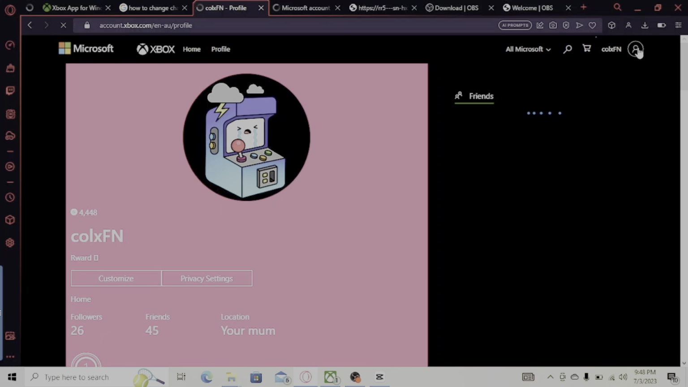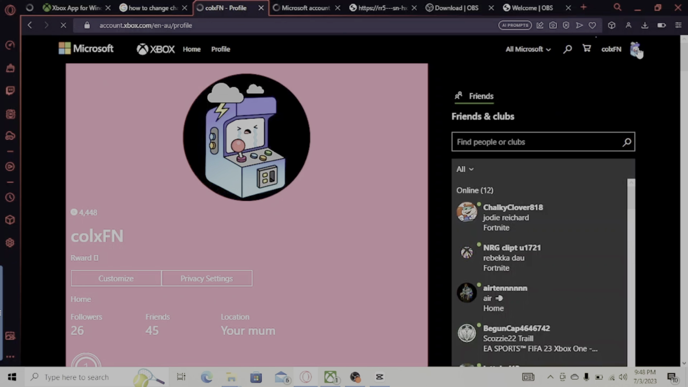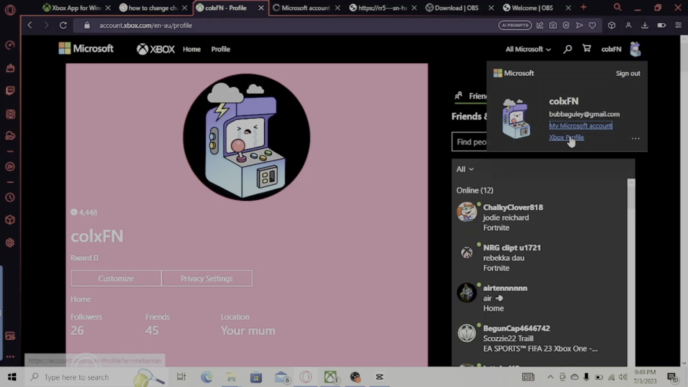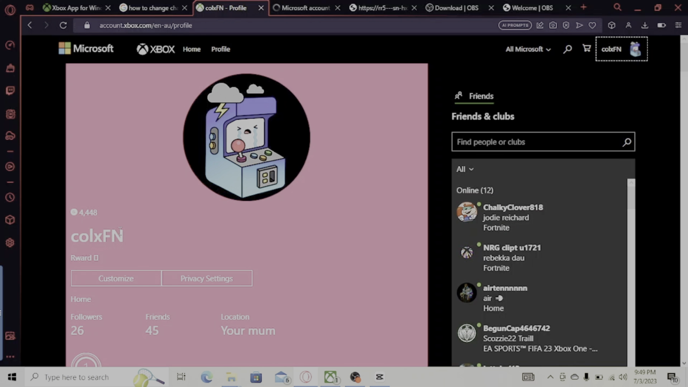First of all, once you've signed in, you're going to see your profile picture on the top right of your screen. You're going to click on that, and you're going to press Xbox profile. So, once you've pressed Xbox profile, you want to look up ColXFM. That's me, and you're going to see right where I copy and paste, not there, right there is where